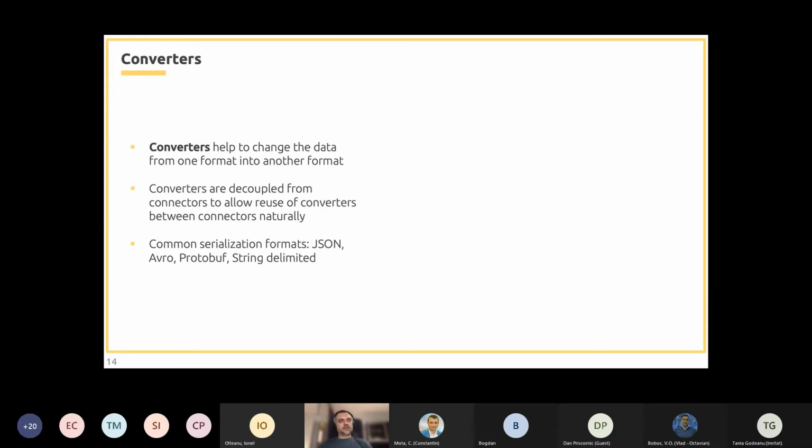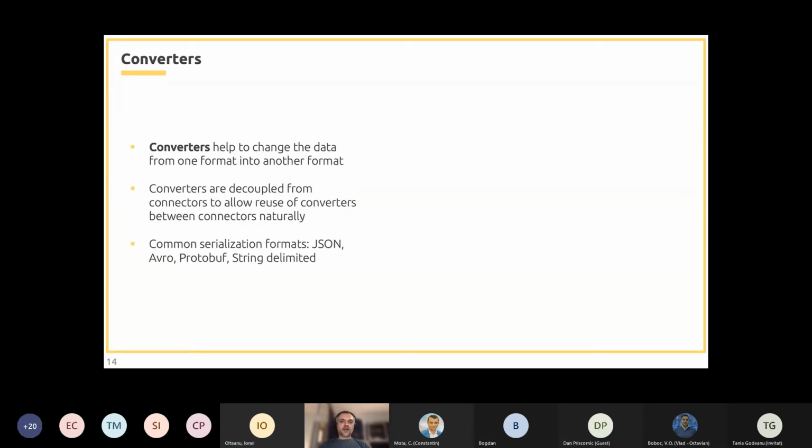And we need to make sure that the connector that reads data from a Kafka topic is using the same serialization format as the connector that wrote that data to the topic.